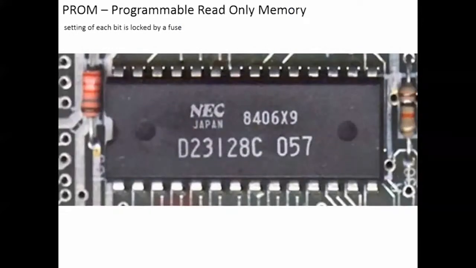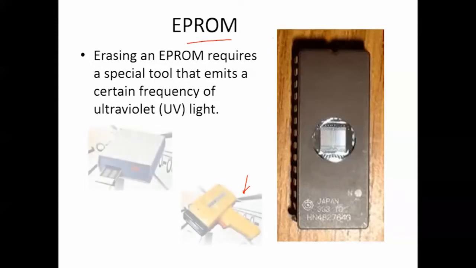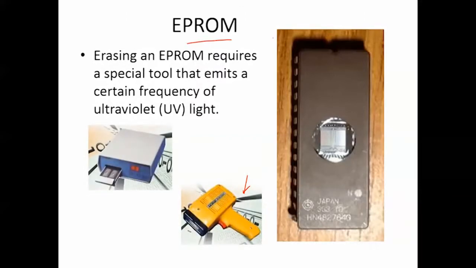Working with ROM and PROMs can be wasteful when we are using them quite a lot of times for our programming purposes. Even though they are inexpensive per chip, the cost can add up over time. So erasable PROMs are used to solve this issue. Erasing an EPROM requires a special tool that emits a certain frequency of UV light. EPROMs are configured using an EPROM programmer that provides voltage at specified voltage levels. Now the problem here is that to write the EPROM we must erase it first, and the eraser is not selective. It will erase the entire EPROM in one go, and also we need to remove it so that it can be put into the UV light eraser.